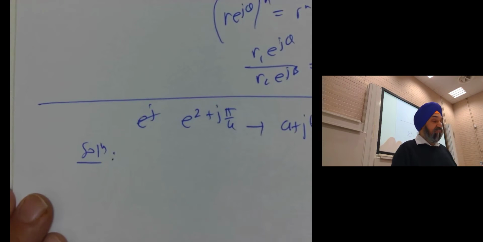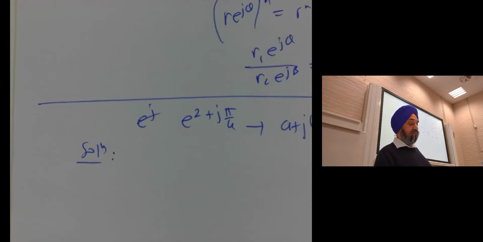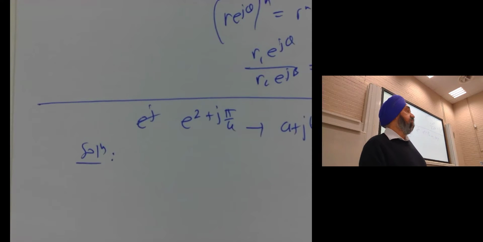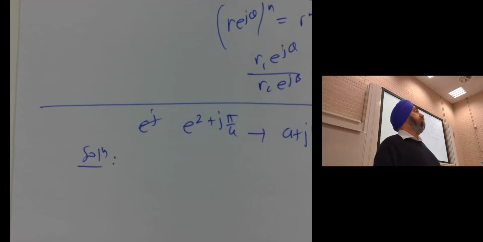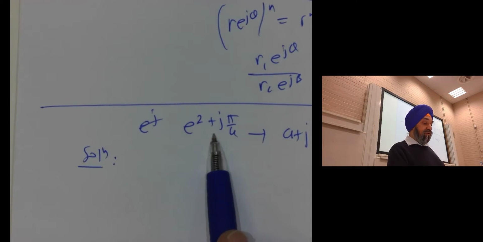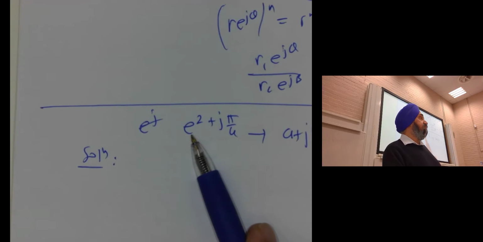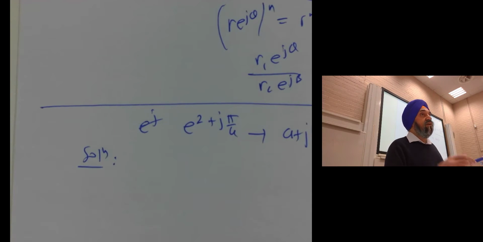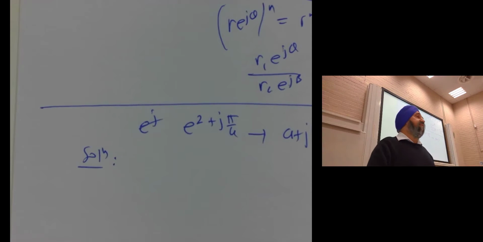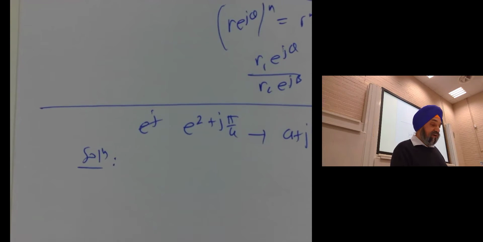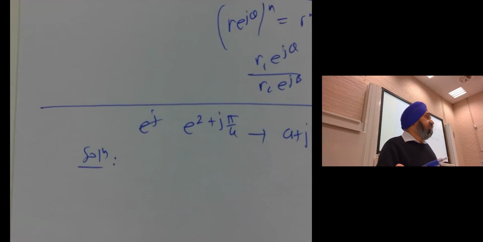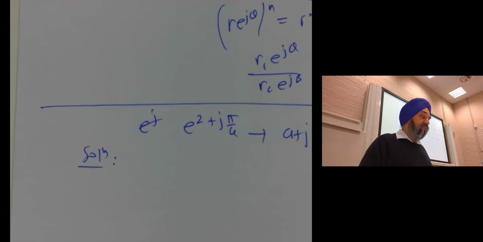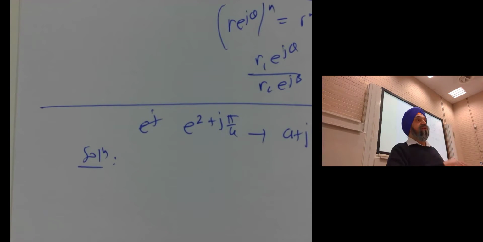Why would you want to convert that into rectangular form? What advantage is there? I don't even know what that looks like. I've got a clue. I can think about it and do a bit of working out. Because of the pi, I think it's on the leading diagonal, but I can't prove that. Once I can put it into a plus jb form, then I know exactly what it looks like. I know which quadrant it lies in and everything else, don't I? Well, how do I